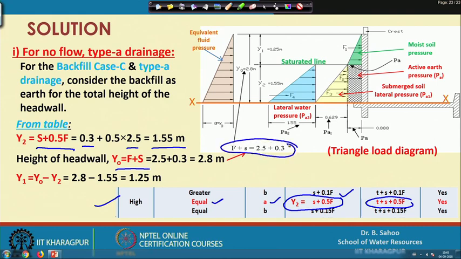So, that is equal to 2.5 plus 0.3, that is equal to 2.8 meter. So, once y 2 is known, y naught is known. So, I can estimate what is the value of y 1. So, that is 1.25 meter, and this F 1 diagram shows the moist soil pressure